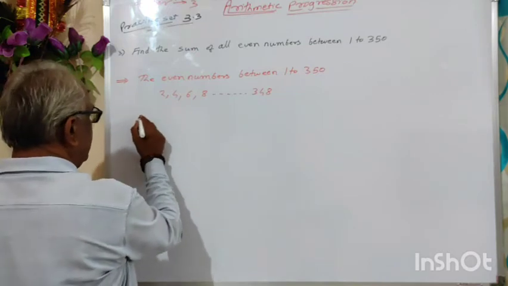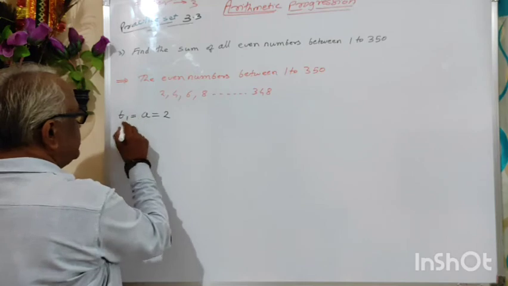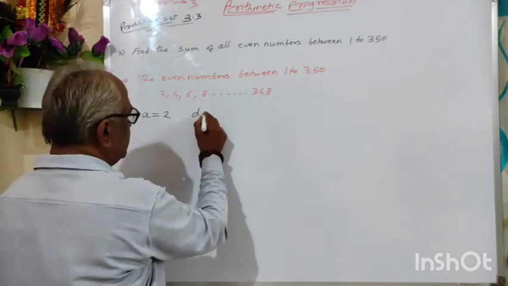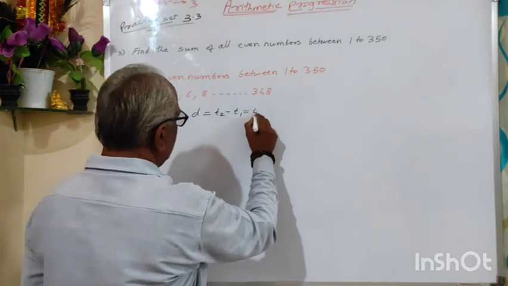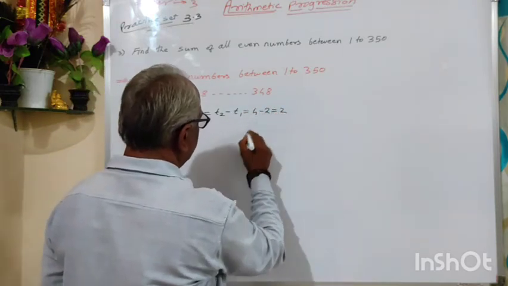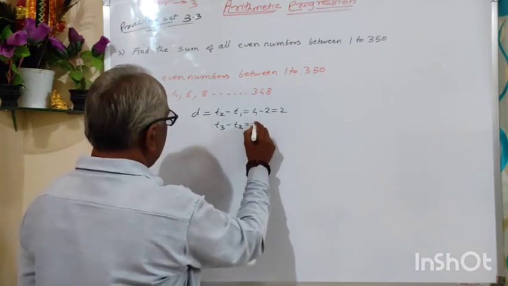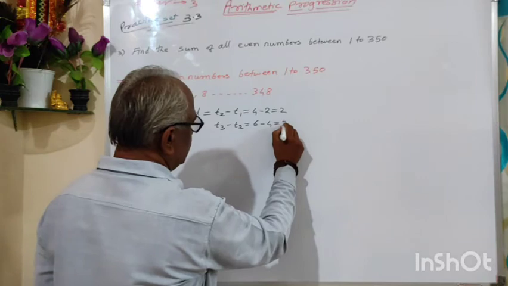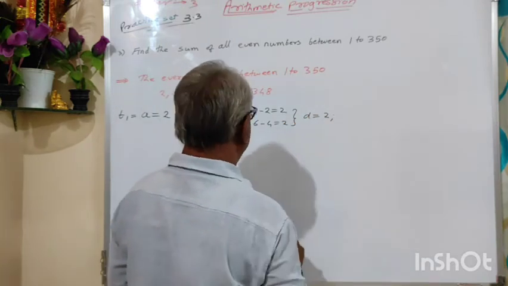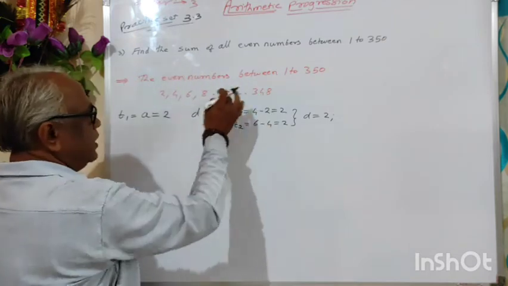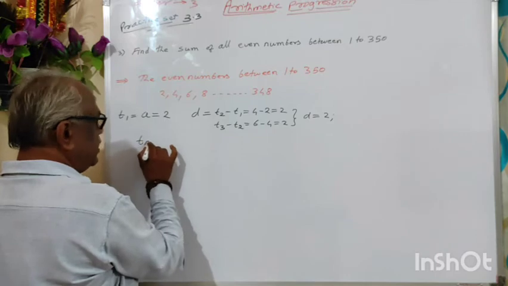Now here A is equal to 2, that is nothing but T1. Now the common difference D is T2 minus T1, which is equal to 4 minus 2, which is equal to 2. Again we can see T3 minus T2 is equal to 6 minus 4, that is equal to 2. That is the common difference, D is equal to 2. Now here n, that is the nth term, Tn is given as